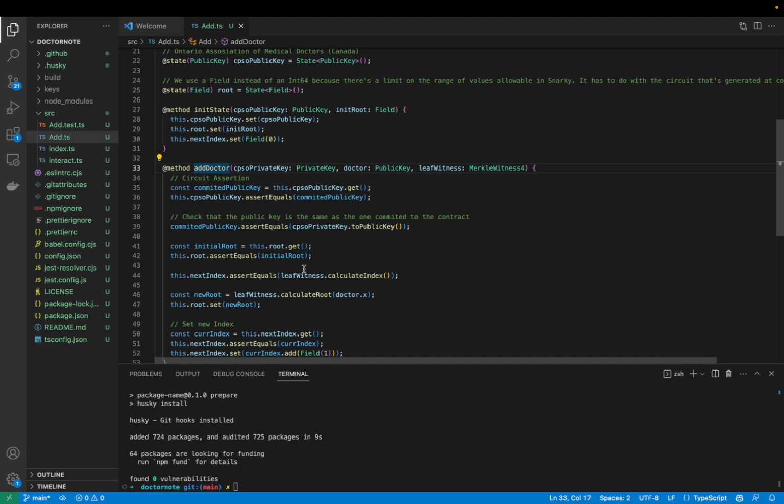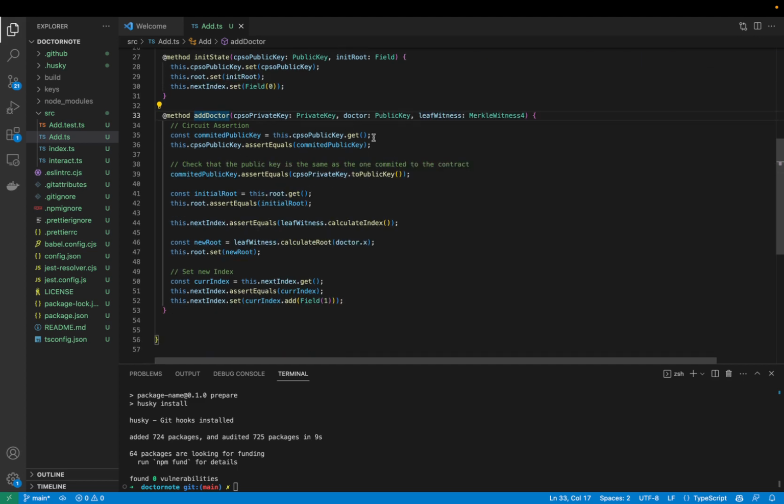So to restrict this set of data being constructed to only an association like the CPSO would facilitate that level of trust. And so we're going to make this assertion that they're the only ones that can come in and execute these additions into this Merkle tree. And then, as you can see here, you have this assertion, which is what I'm talking about. This assertion, sorry, was just to get the public key and verify that the public key you got was the correct public key,